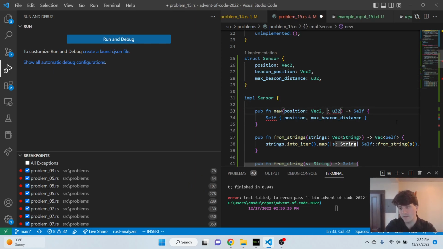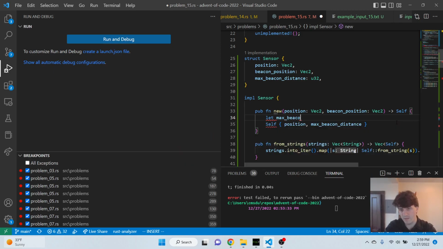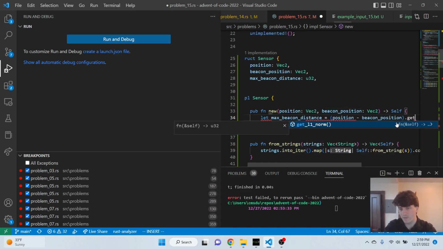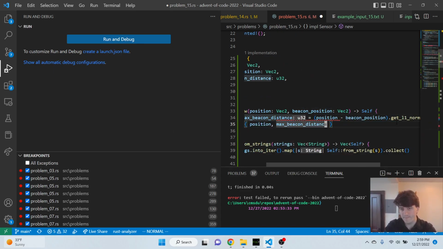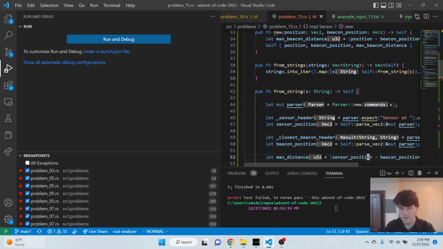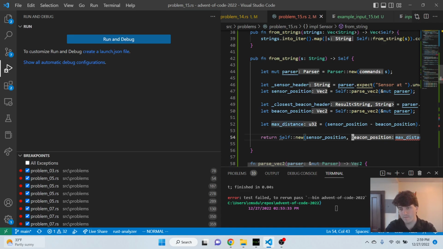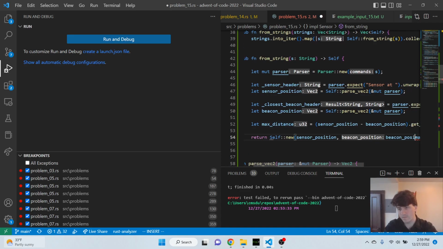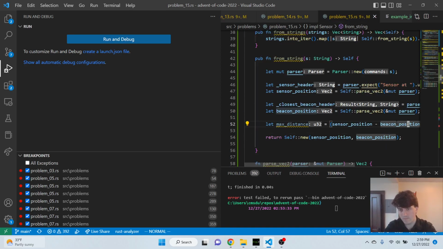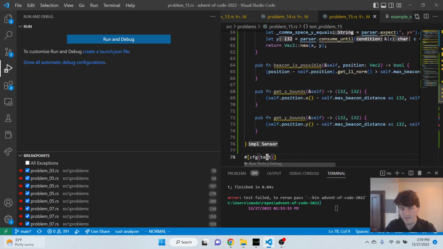We can say beacon position vec2 and let max beacon distance be position minus beacon position, get L1 norm, beacon position, and then if the beacon